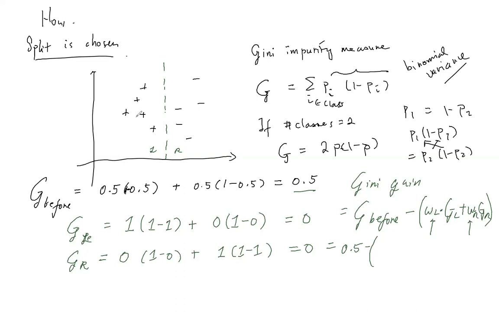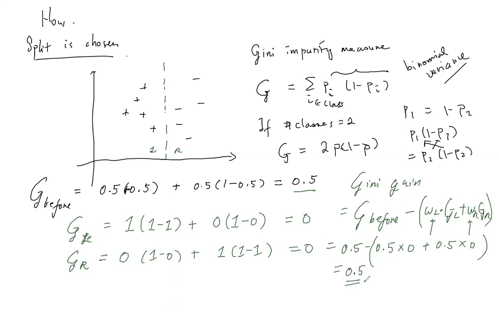So since you have 5 on the left, 5 on the right, out of total 10, so it's 0.5 times 0. Okay, the Gini impurity on the left is 0, and plus 0.5 times 0. Okay, so the Gini gain is 0.5,